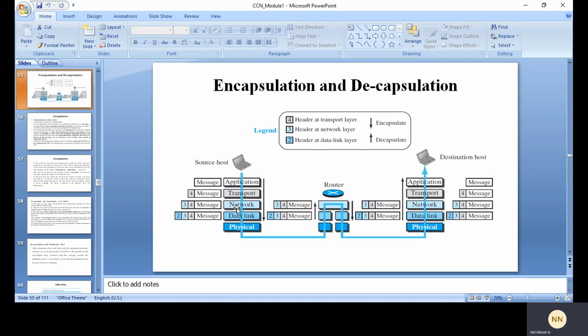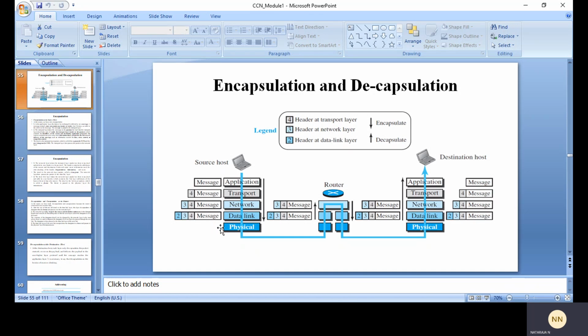The network layer then passes the packet to the data link layer. Here we are going to add a header with respect to the network layer. Previously we had a message and the header of the transport layer that we transmit to the data link layer. Again the same procedure: the data link layer takes the network layer packet as data and adds its own header, which contains the link layer address. This 2 will be the address of the data link layer. That is the meaning; it takes the address of that particular layer.